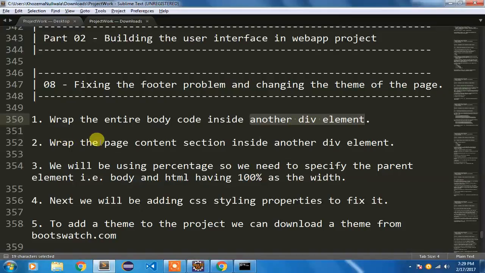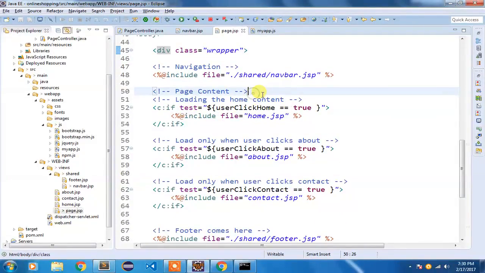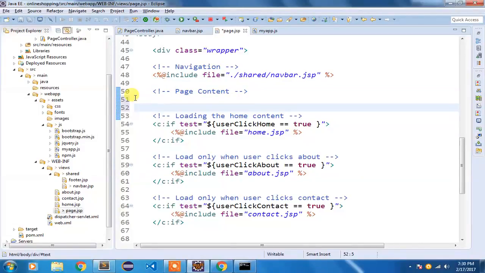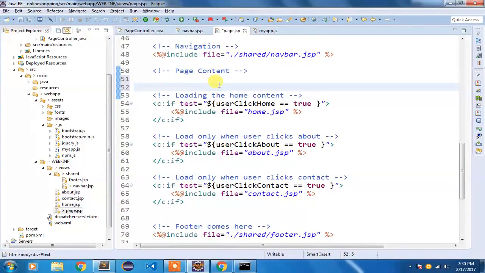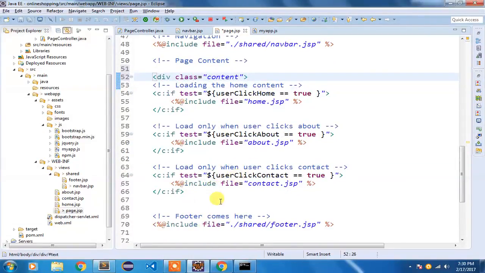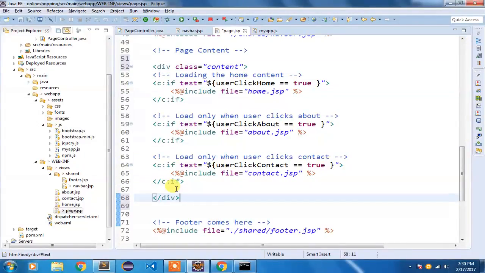Next, I'm going to wrap the page content in another div element, and assign it a class of content. Our page content starts here. That's the benefit if you start commenting your code everywhere. So this page content comes here, I'm going to assign it a div with a class of content, and this content just gets closed before your footer.